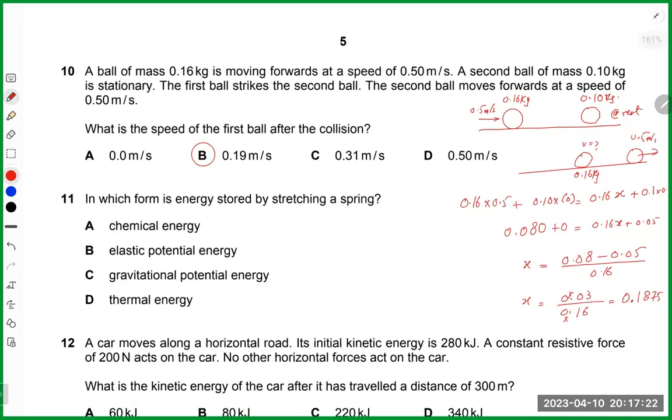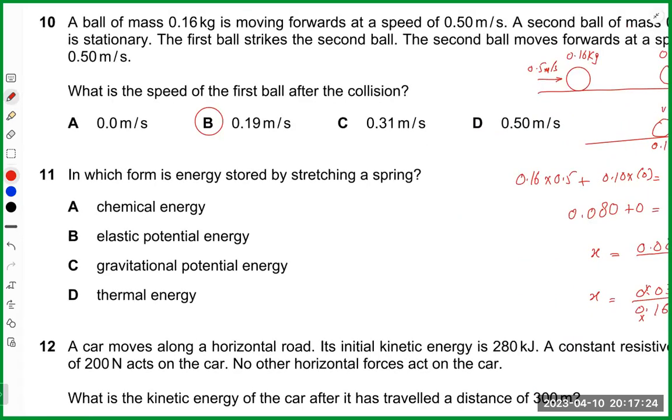Okay, now, in which form is energy stored by stretching a spring? That is elastic potential energy or strain energy. Elastic potential energy or strain energy. So this is what should come to your mind before you start reading the options over there. So chemical energy, elastic potential energy, gravitational potential energy, thermal energy. So I hope